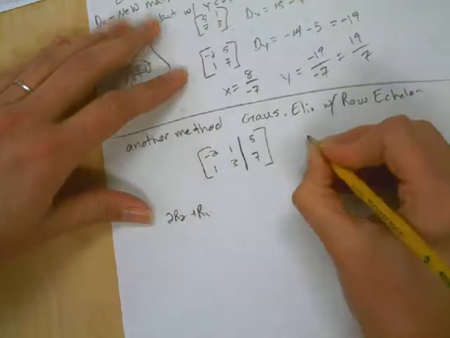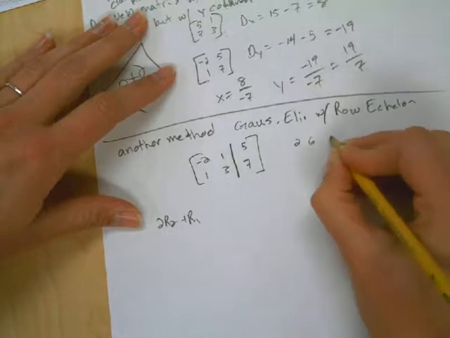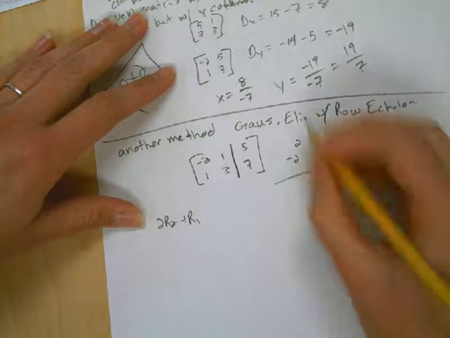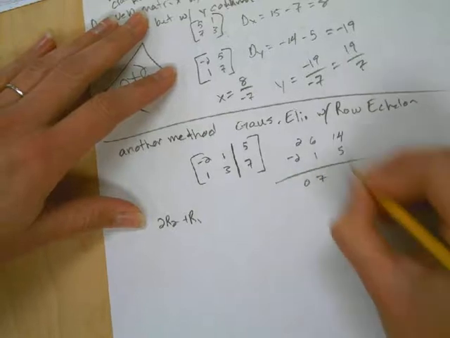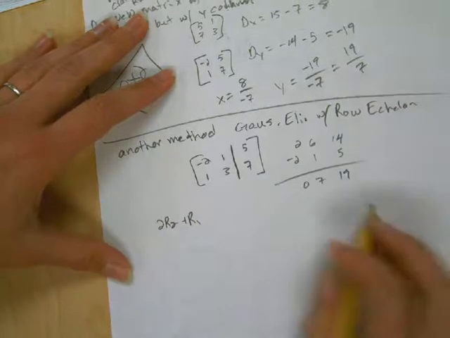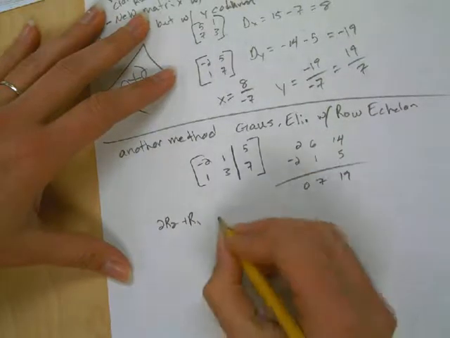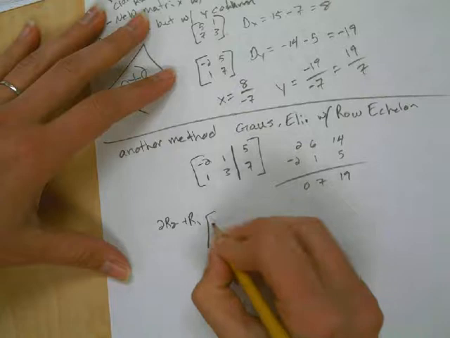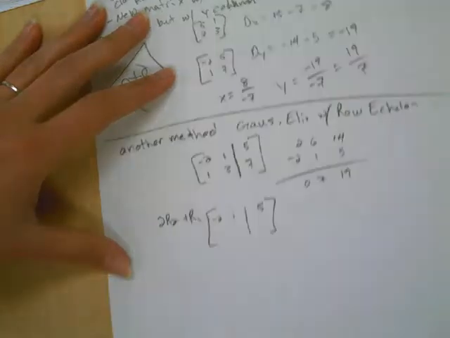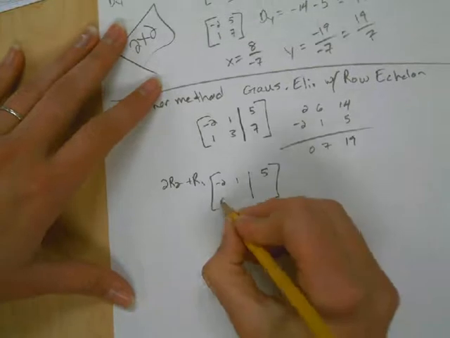Okay, you can kind of already see the numbers that we were looking at before. So then you've got -2, 1, 5, the top one stays the same, and then on the bottom we replace 0, 7, 19. Again, that was the one I wanted to replace, so you decide which one you're trying to change here. I left row 1 the same because I wanted to, but this is my x, this is my y, so